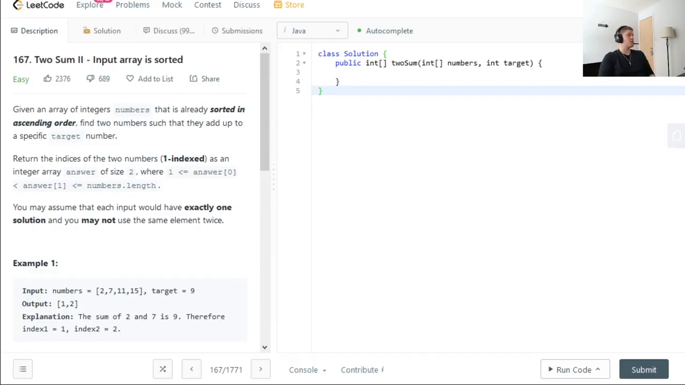This one is the second step in the two-sum problem. This is two-sum 2. And the problem asks, given an array of integers called numbers that is already sorted in ascending order, find two numbers such that they add up to a specific target number. It wants us to return the indices, very similar to the original two-sum problem. And you may assume that each input would have exactly one solution and you may not use the same element